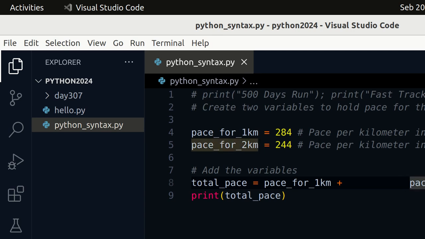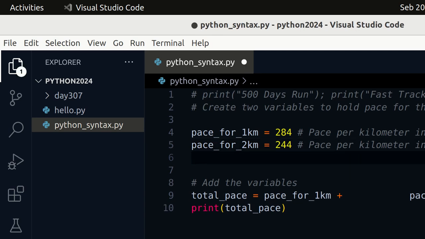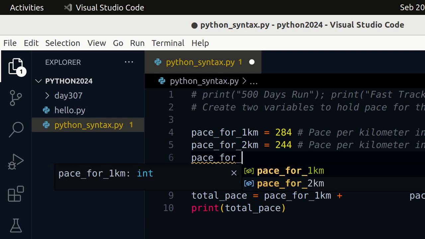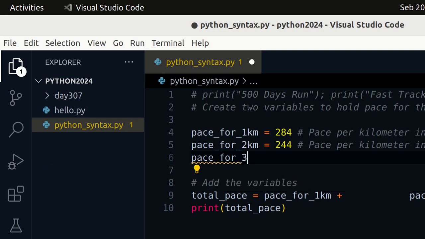if we add another variable here for the third kilometer, pace for the third kilometer is 254 seconds, I believe.